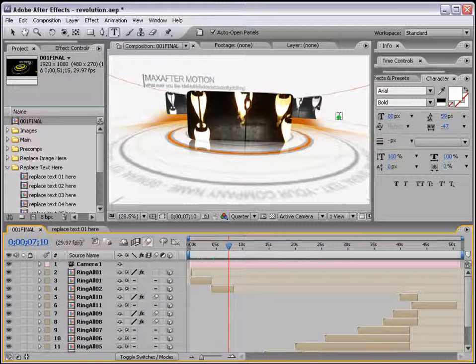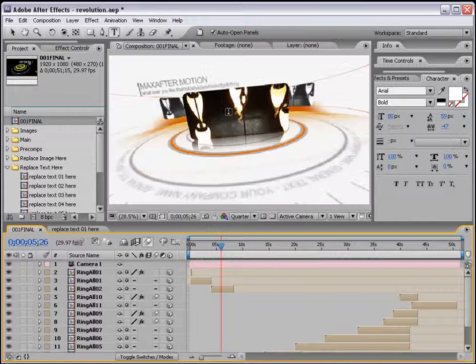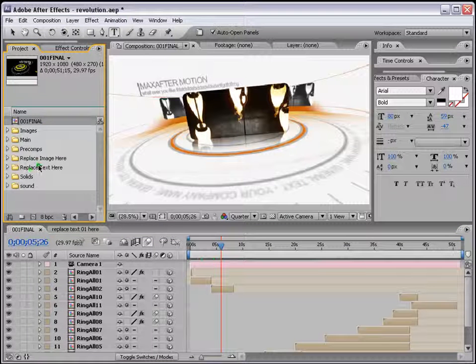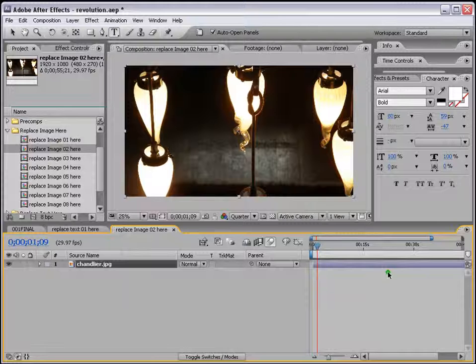In a similar way, you want to change the image. For example, as we see, this is our second image, because this is the first image, and in the timeline this is the second image that comes in. So let's change the second image. For that, we will go again to the folder that I've created, replace image here, and we locate our replace image 2, which is this. You can see in the pictures as well. Double click on it, and all you need to do is,